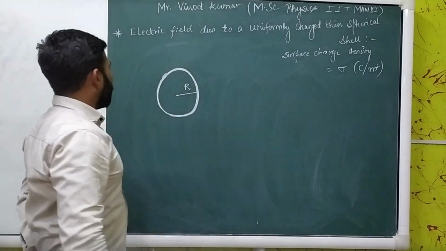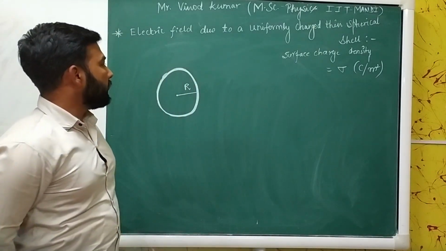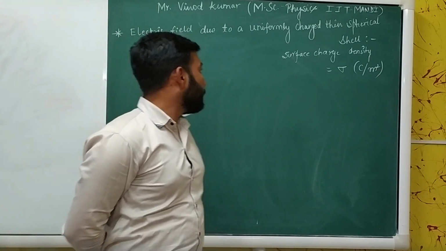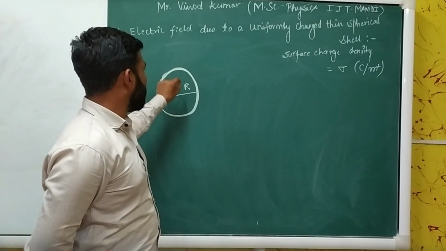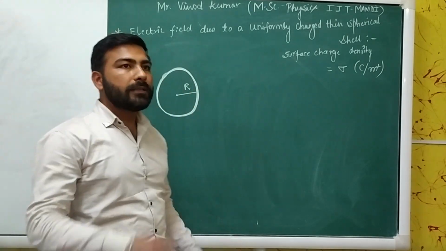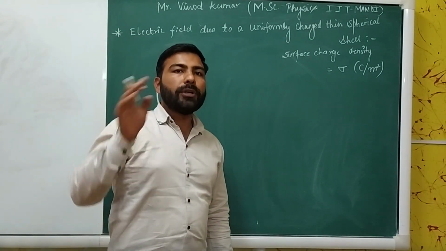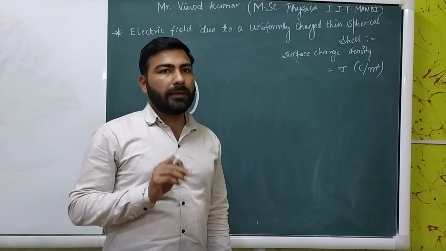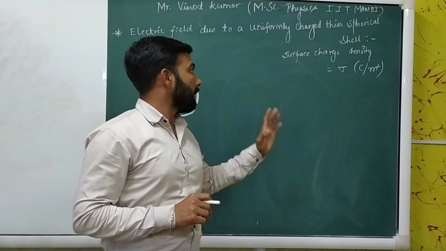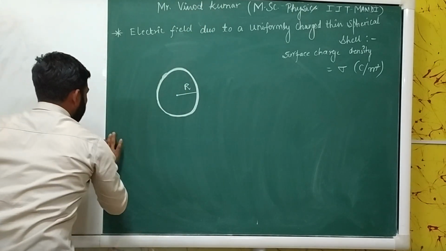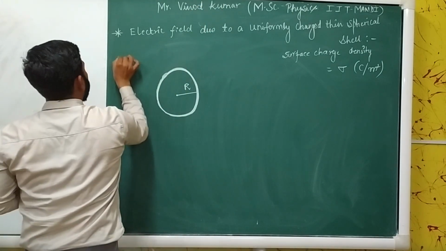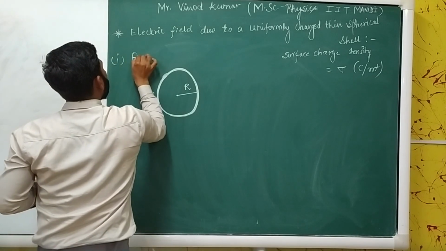Okay, so now we are going to study the electric field due to this spherical cell, where the charge is uniformly distributed over the surface of this spherical cell. And now the first case which we can study is the field